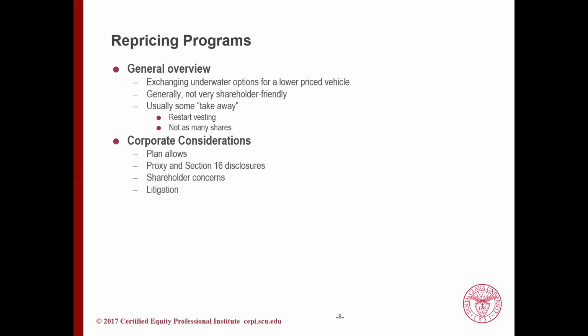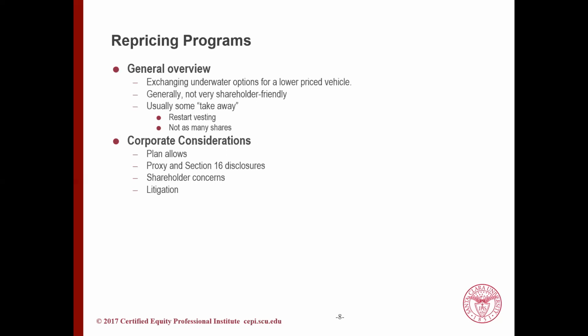Now let's talk about repricing of stock options. When a company's stock price drops and outstanding options granted are deep underwater, meaning the exercise price is much higher than the current share price, companies sometimes want to reset the price so that the options are once again valuable to employees. To do this, the company can make an offer to employees to cancel the old options and replace them with new ones, or with a different kind of equity grant, but only after careful consideration and if the plan allows.